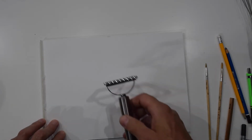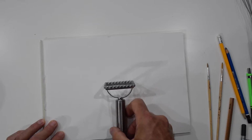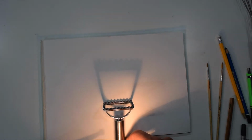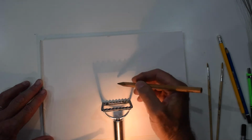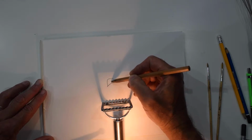I was quite intrigued by the pasta cutter. What I'm going to do is bring in the little directional light. It starts to create a head shape or a face shape, so then you can start thinking, okay, what can I put in there? So I've got a variety of pens and pencils. I haven't really got into colour on this one, I'm just looking to play around with it in mono. So let's just do an archetypal face